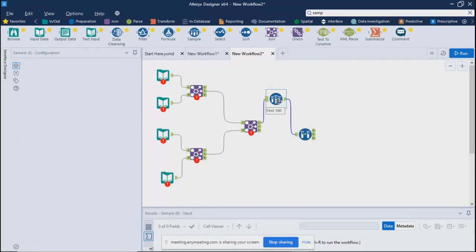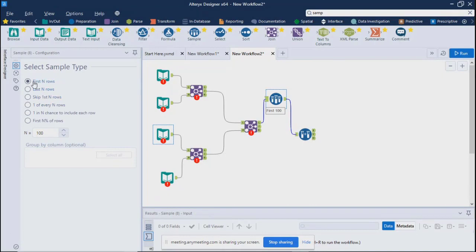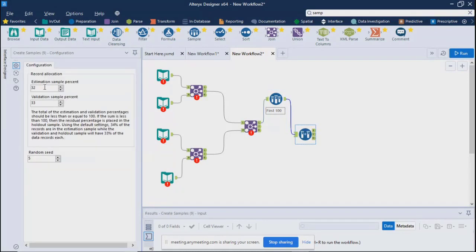But here it will take the records based on these logics, either the top 10 rows or the last 10 rows. But over here, it will randomly select 35% or whatever percentage we specify, take those records, and then validate against this percentage.